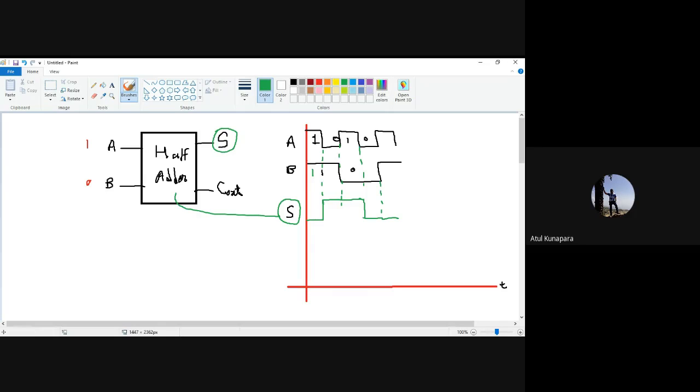Okay, so what I'm discussing here is about the sum of the half adder circuit, and that half adder circuit will give you the result sum, which depends only on the present condition of your inputs, right? That you can see here also, that for this duration, for this time to this time, let us say, if I give here time 0, and here let's say time t1,